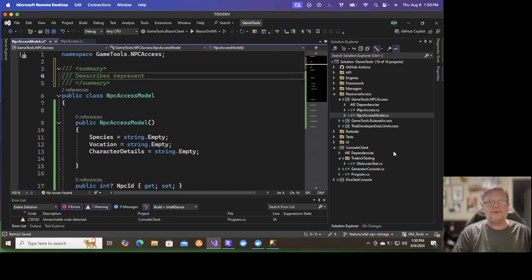Describes the object that the NPC access service expects to receive